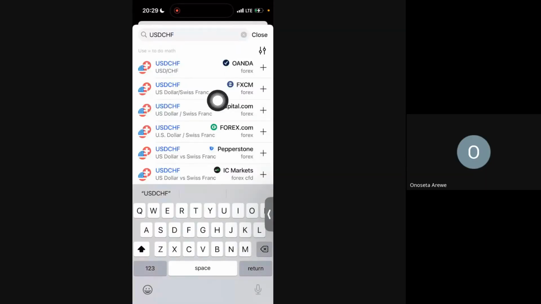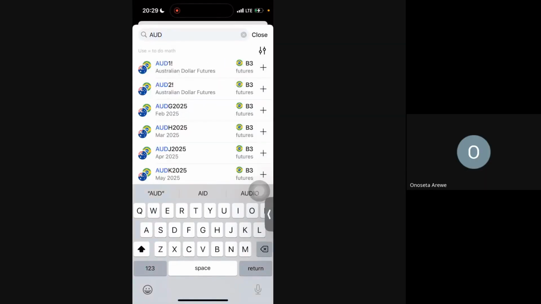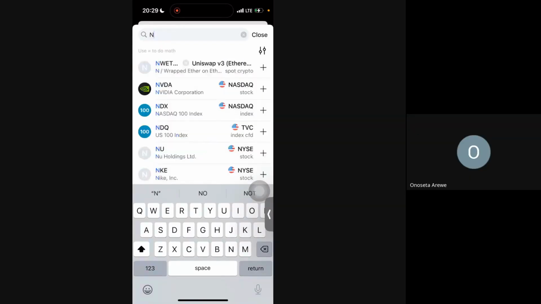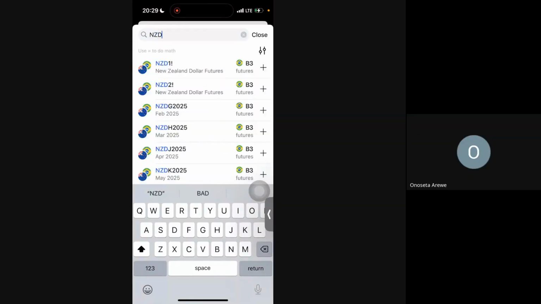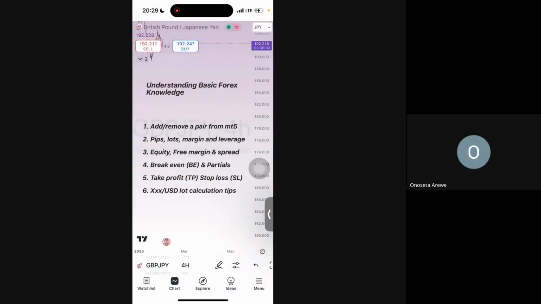US dollar, Swiss franc. Okay, AUD stands for Australian dollar, JPY Japanese yen, CHF, I've explained CHF, NZD, New Zealand dollar. Okay, that's by the way. So now when it comes to calculating pips,